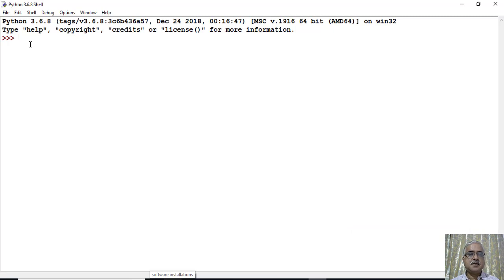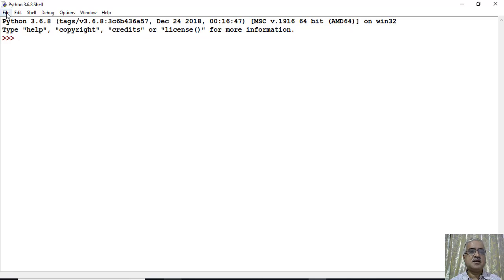Before writing any database application programs in Python, we have to check whether the MySQL DB connector exists or not. For that, we have to type import MySQLdb, which is a DB API for the MySQL database server. Now I will enter. You can see it has executed successfully. That means the MySQLdb connector exists in my system.